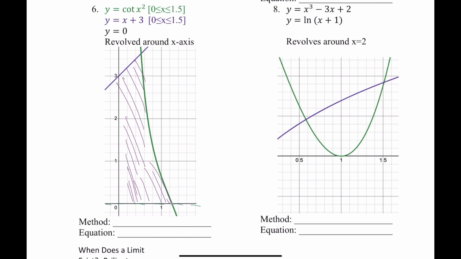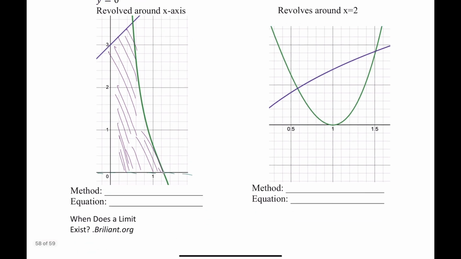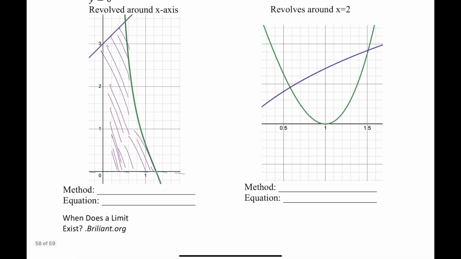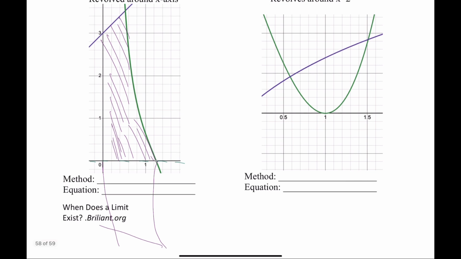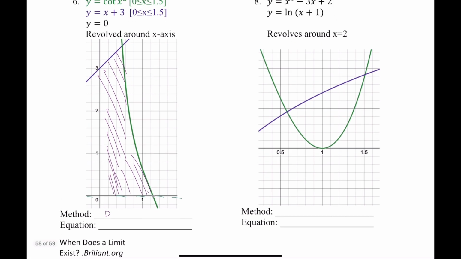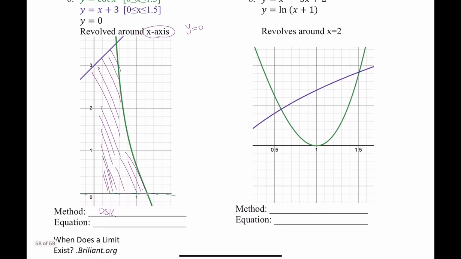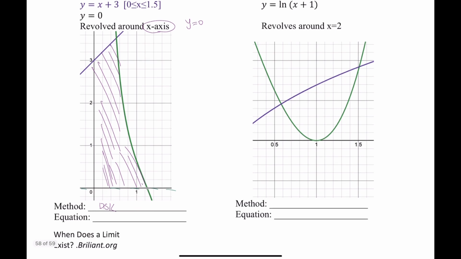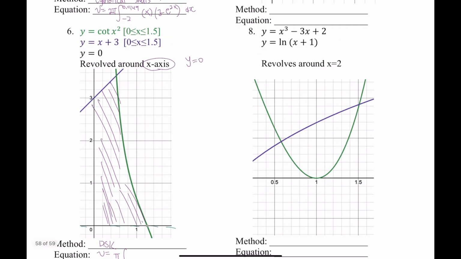So that's what we have, and then we're revolving this around the x-axis. Ultimately, we're going to get a shape like this, but obviously a little bit longer, but my screen is too short. As you can see, there is no hollow space in between, so we're going to be using the disk method. This is going to be y equals 0, and then V equals pi times